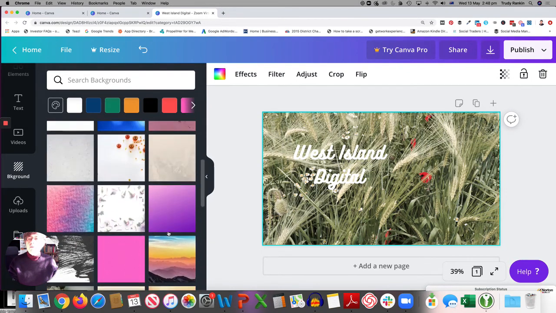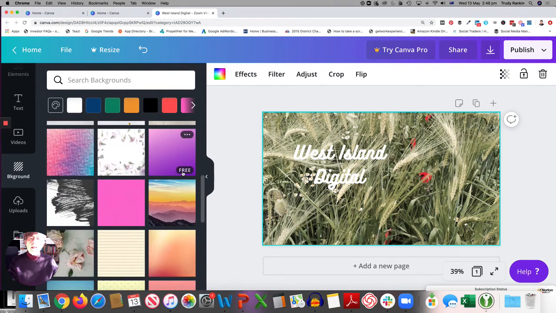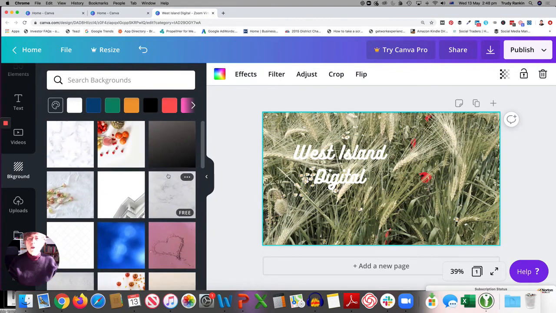If it's got a price against it, it's going to ask you to pay when you download the image. And if you don't pay, it's going to download with hash marks all over it. But if you do pay, then obviously it takes away the hash marks. So it doesn't really cost that much. It's really quite inexpensive. But if you're wanting to use your own image, you don't have to pay. Or if you want to use one of their images and there's a price to it, it doesn't cost that much. And they do have free ones that you can use.